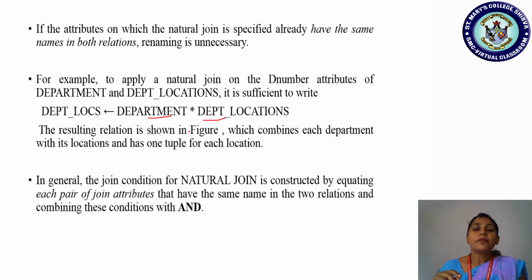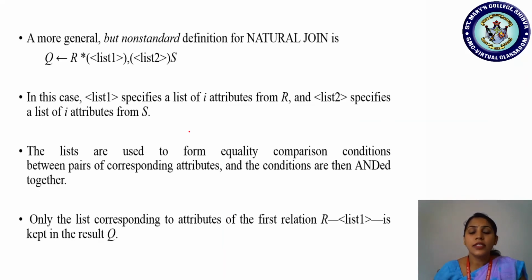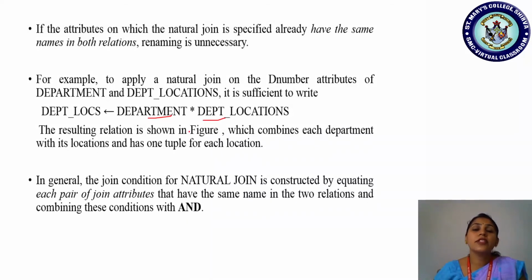Okay, so on combining the common tuples, what happens? The attribute D number, that column will appear only once in natural join, whereas in equi-join, what happens? As the attribute names will not be the same in each of the relations, only the values are common, the columns with the same values will be displayed with different attribute names.